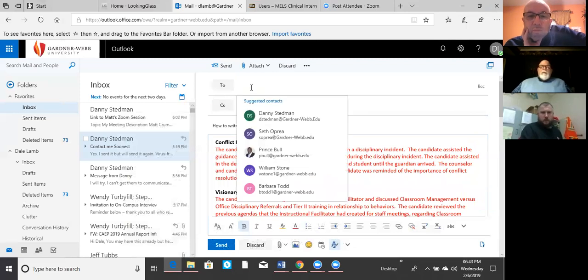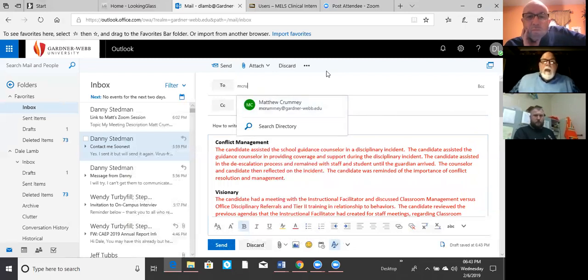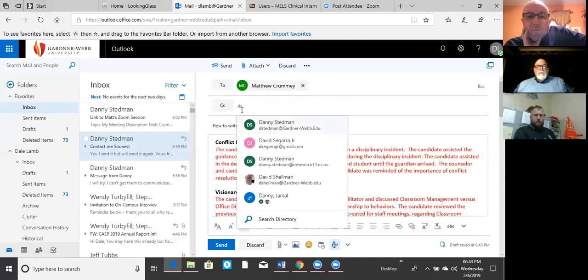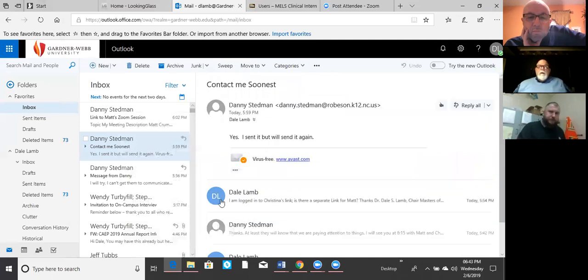So when you get there, there's only actually 3 tasks in the AppTel now where you have to go out and do stuff, rather than the old 5. So when people say, how did we go from 16 to 8? Well, it's real simple. We have fewer tasks for you to do. All right, so there it is. So that's how you're going to write 4. You've only got to do 1, 2, and 3.